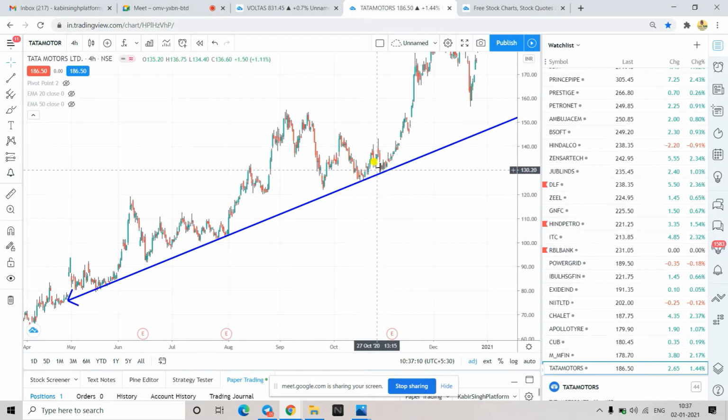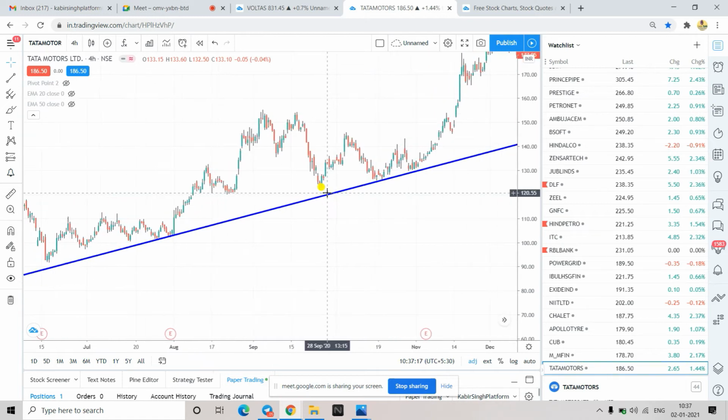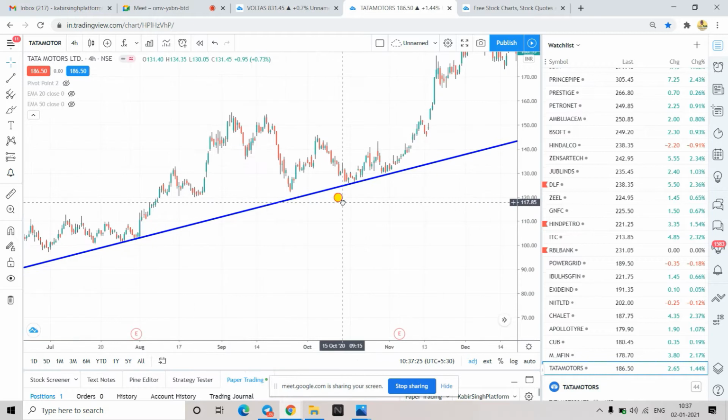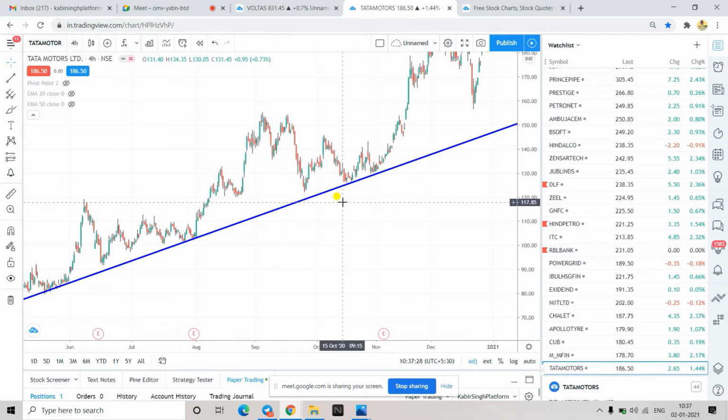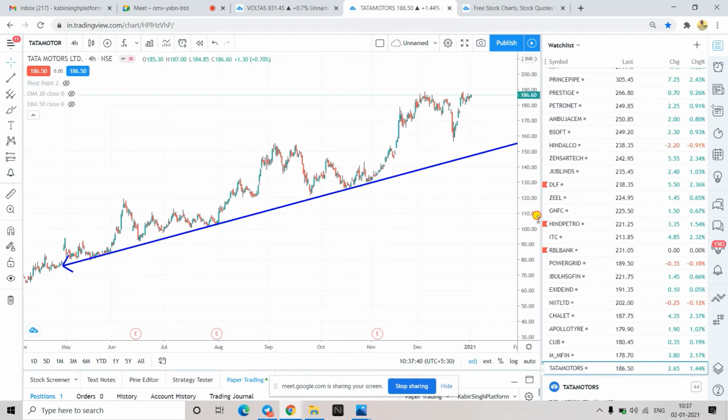This is my trading opportunity, this is my trading opportunity, and after reaching around the same place, you could see a bullish engulfing kind of pattern is formed. So this you could also take as a trading opportunity. All right, able to understand how I have drawn it? So this is how you draw a lower trend line, and you can understand that the trend line is pointing towards up, so the overall trend is also towards the upside. So this is how you can do it.